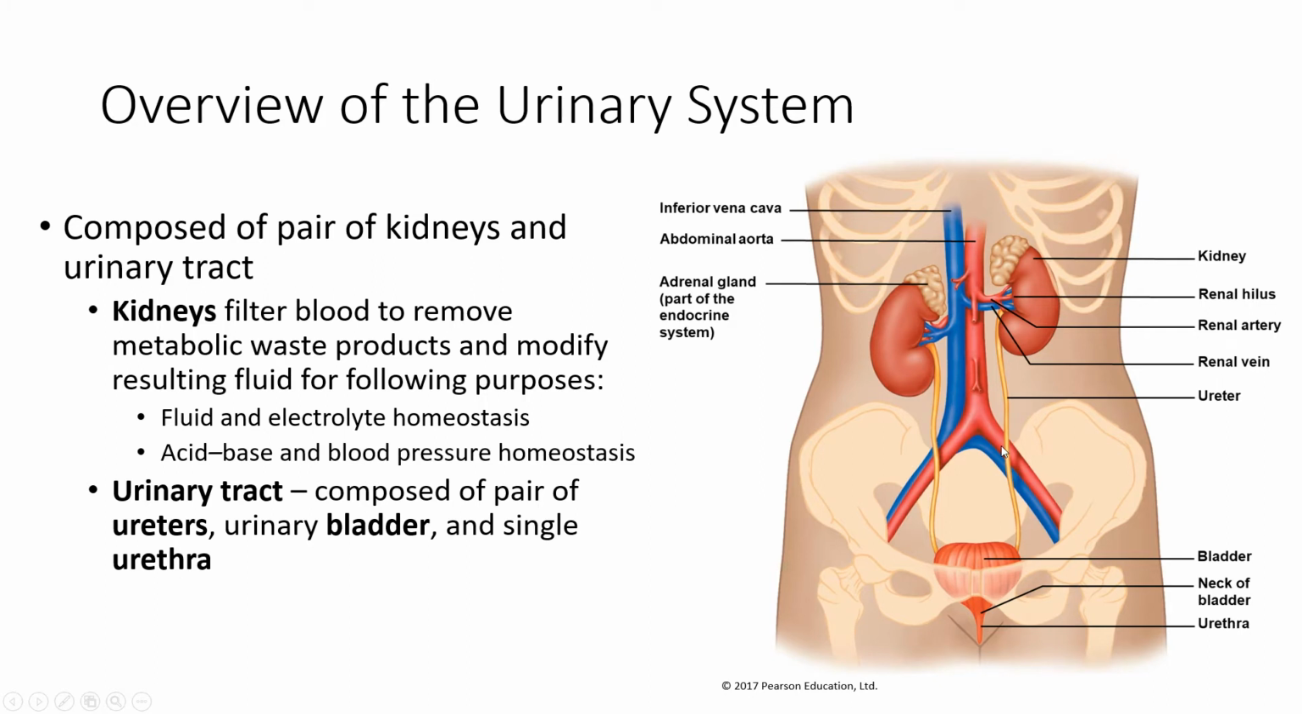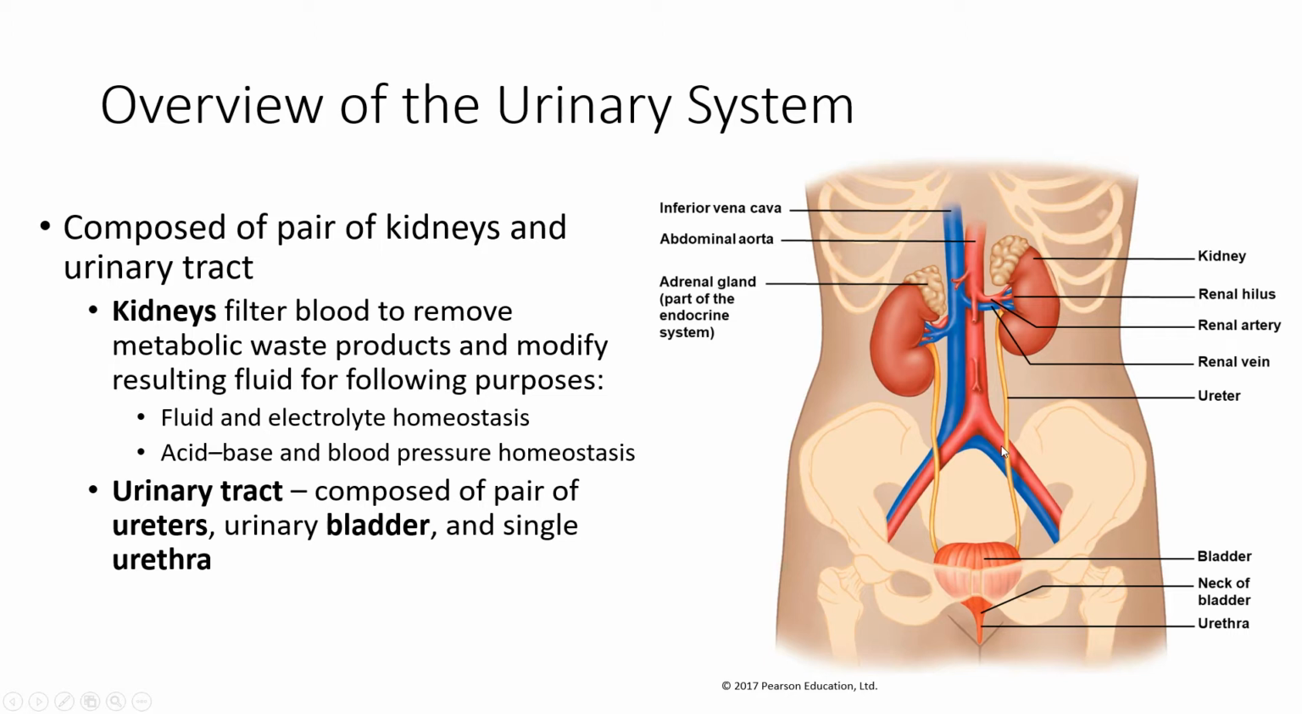So the urinary system is going to be comprised of a pair of kidneys and the urinary tract, where the kidneys are going to filter blood and remove any metabolic waste. And in addition to metabolic waste, we're going to remove harmful substances. And you're also going to see the modification of fluid through the maintenance of fluid and electrolyte homeostasis. In addition to that, the kidneys are going to be important for maintaining acid-base balance and blood pressure